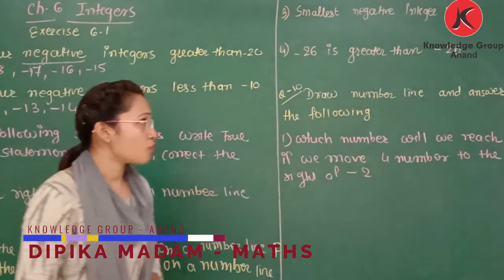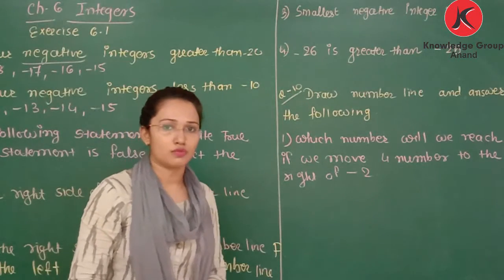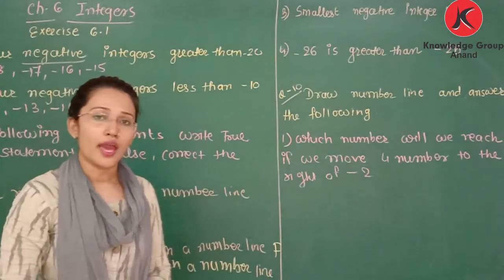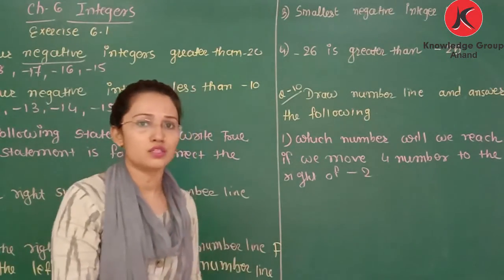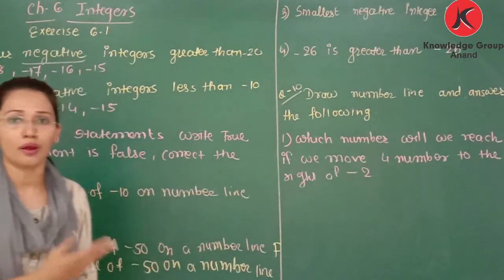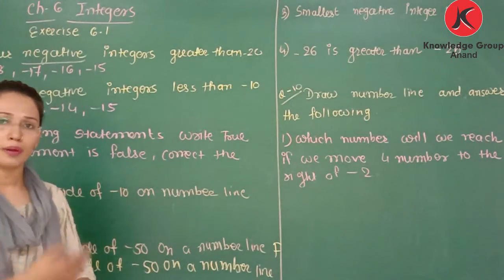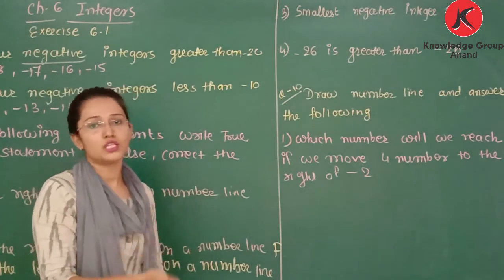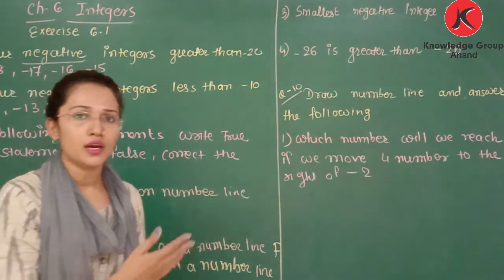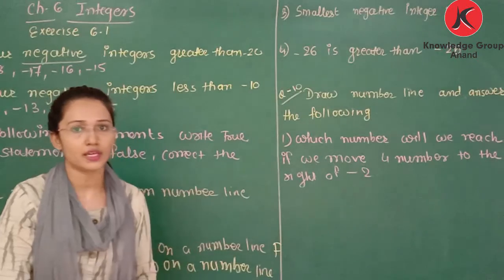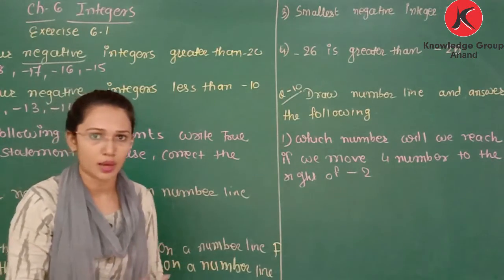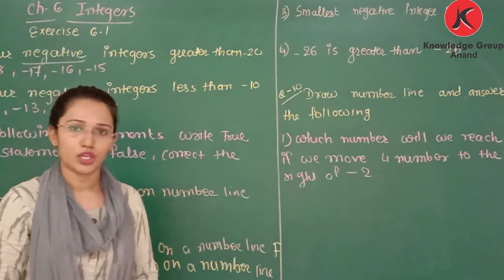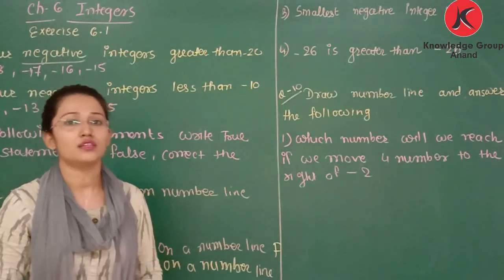Now third one, smallest negative integer is -1. Okay, so negative integers start from what? -1, and if we are moving from -1 to -2, -3, -4, -5, are the numbers increasing or decreasing? જો આપણે -1 થી પછી next number પર જઈએ -2, so numbers are decreasing because -1 is a greater number than -2. Then -2 to -3, that is again a lesser number, means we are decreasing the number. -4, -5, those are all smaller than -1. So -1 is the largest negative number.